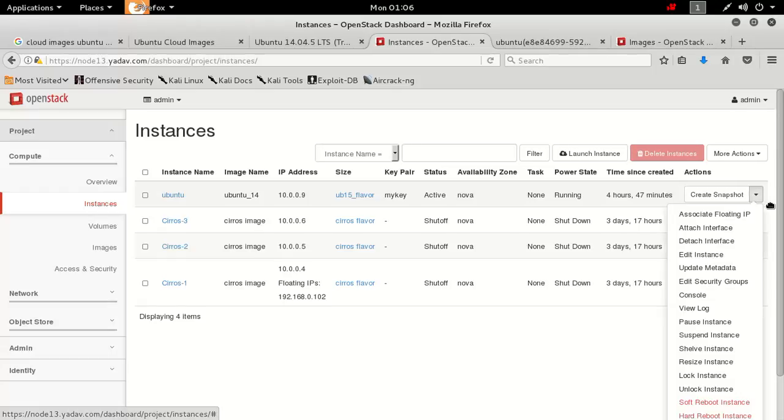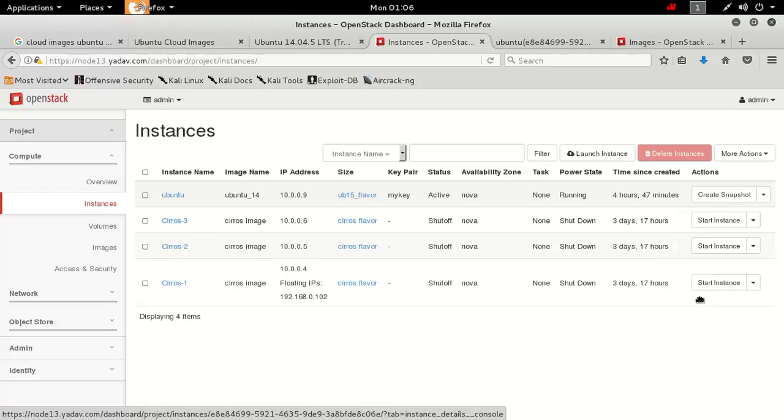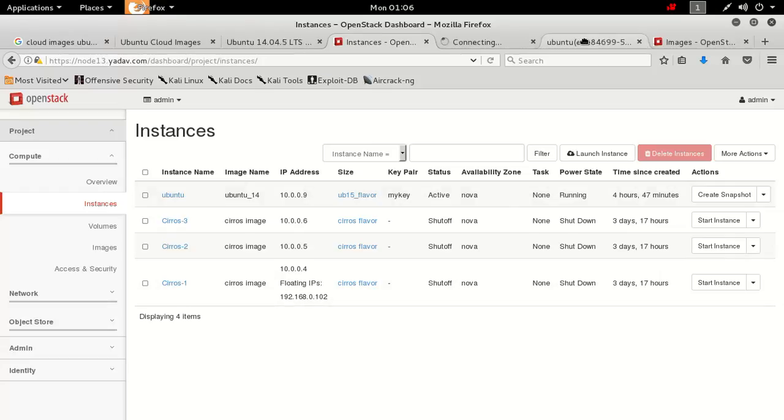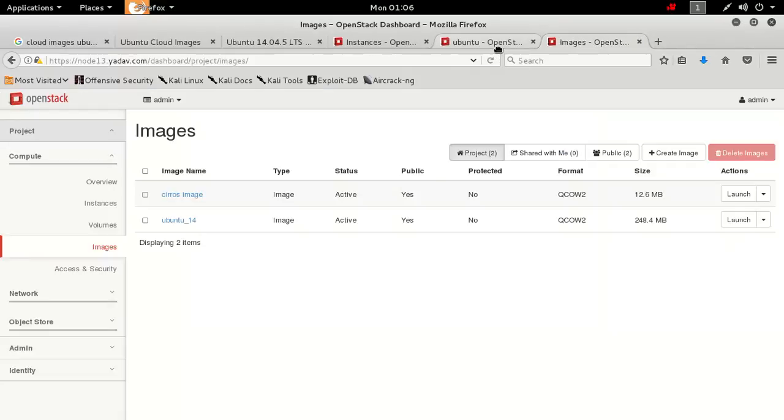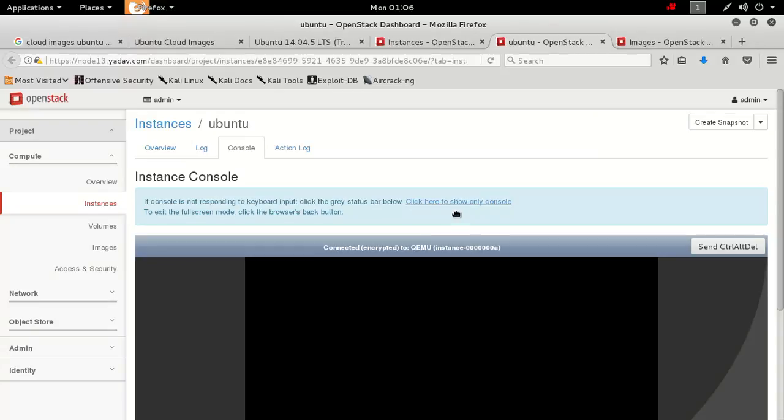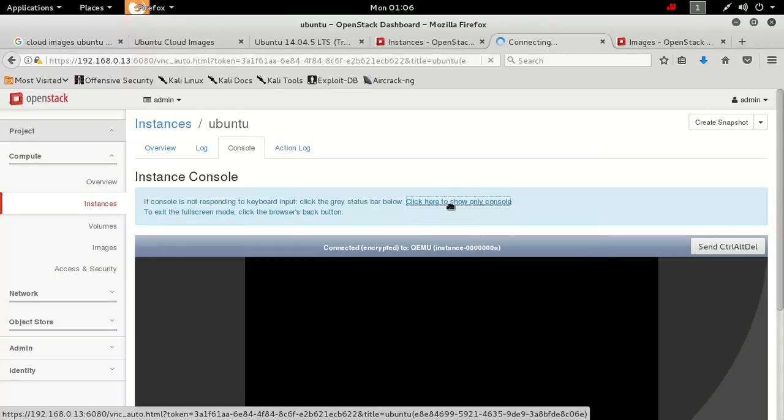By clicking on console, you can go here. Okay, so click here to show only the console, and you are connected. Yeah, it's showing the login, but we can't log in by this method. We will log in by SSH. So I'm going to the command line,